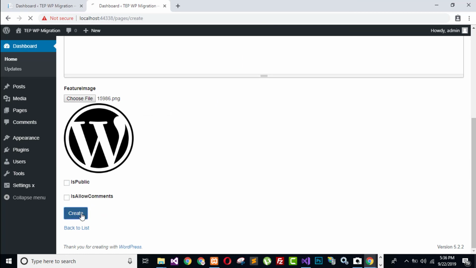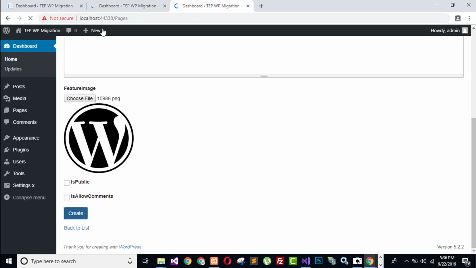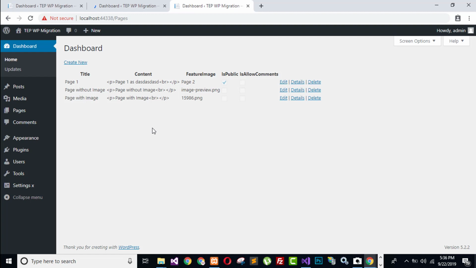And created. Now let's see the page without image. Added this. So the added screen is appearing, and the page with image is also uploaded. Now the added page is